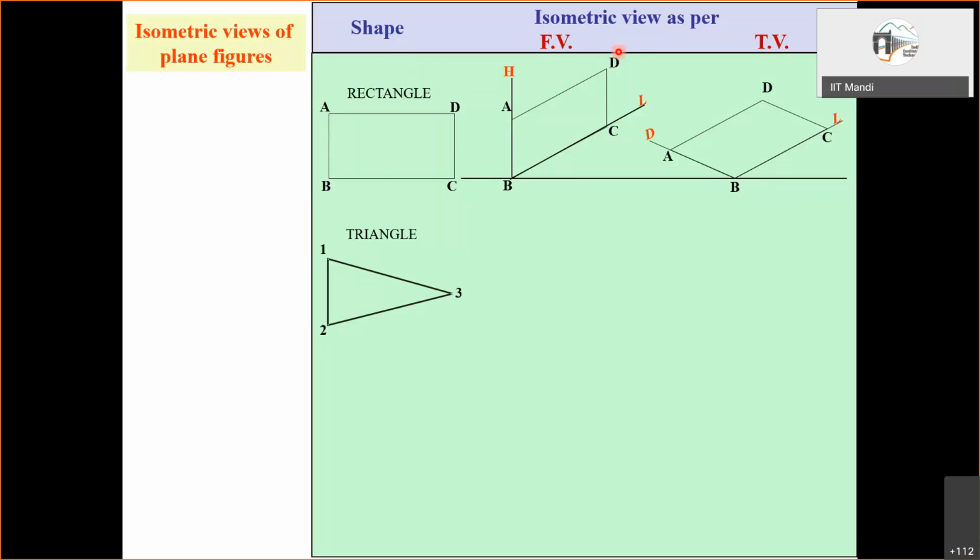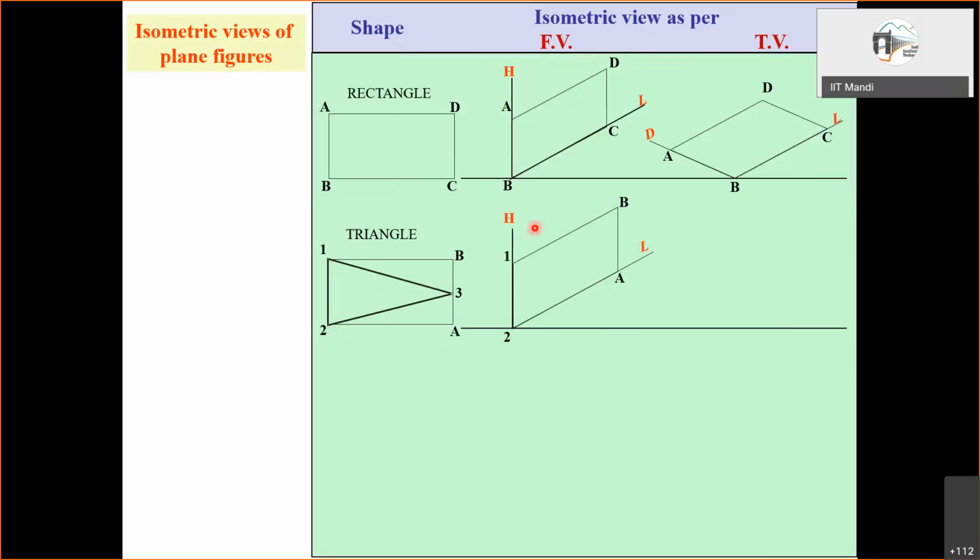So that is why we need to encompass it in a rectangle. Now for this rectangle, isometric views can be obtained. You see again, 2 will be located here, 1 can be located on this by measuring the distance, and then parallel to this, 2A will be drawn from 1B, so B will be located here, and then from this A here again, so this will be completed.